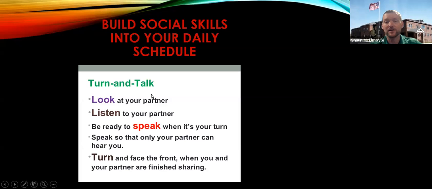This is a little activity that can help with social skills in the class. This is really something that can be done, and it's a turn and talk. So look at your partner, listen to your partner, be ready to speak when it's your turn. Speak so that only your partner can hear you, and turn and face the front when you and your partner are finished sharing. So really doing this as a pre-teaching kind of thing, or a teaching technique throughout the day,